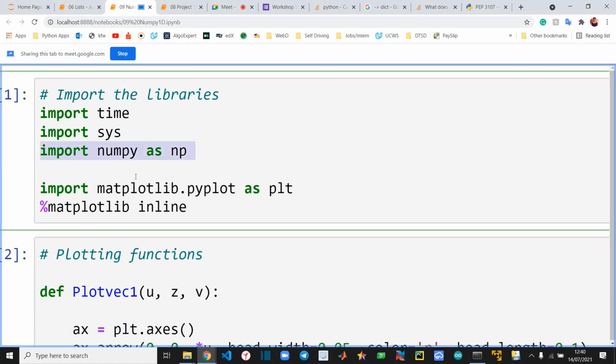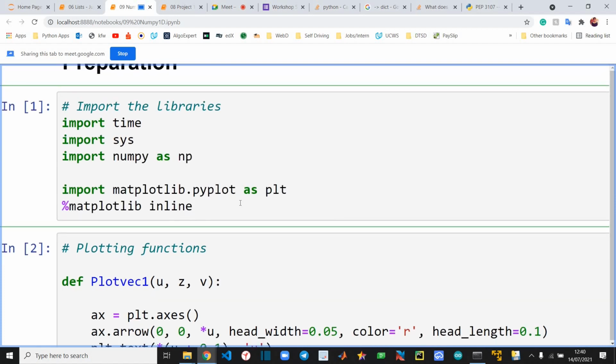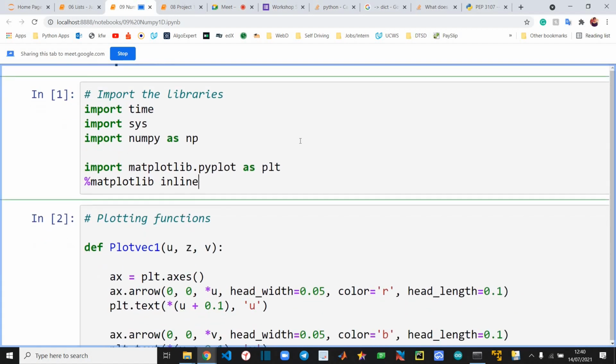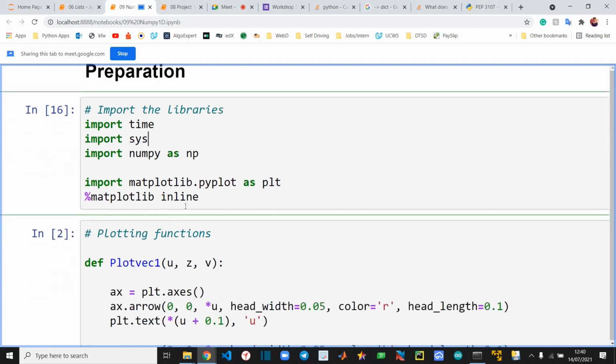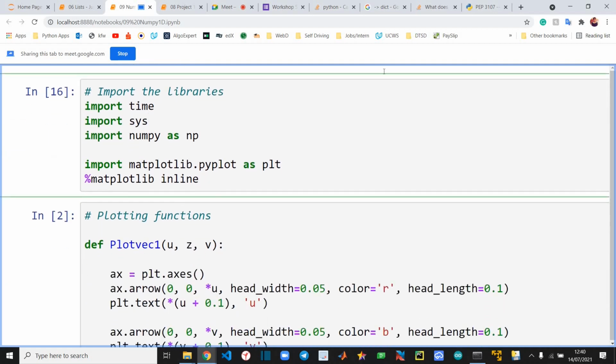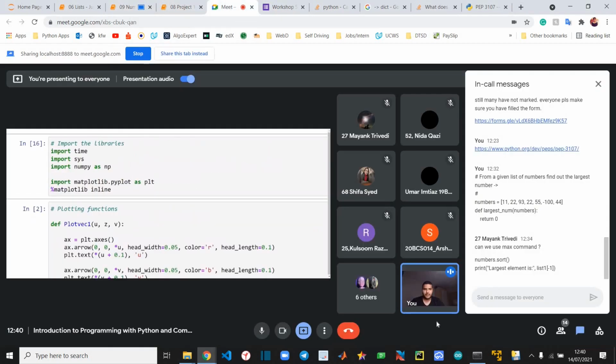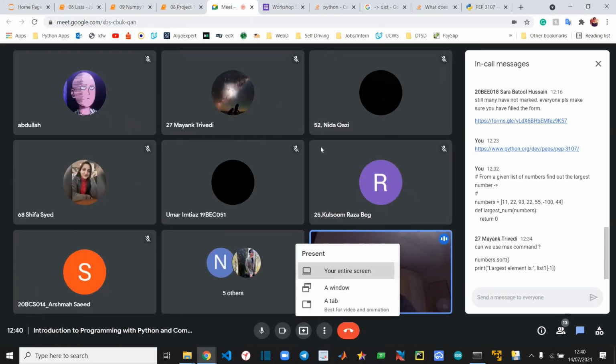We'll be importing this as NumPy as NP, and we'll also be using Matplotlib. Matplotlib is the library for plotting graphs, even showing figures, and even showing images in Python. If you want to install them using pip, you can just Google pip install matplotlib, and there is also a lot of documentation related to these. Matplotlib is also a very comprehensively documented library.